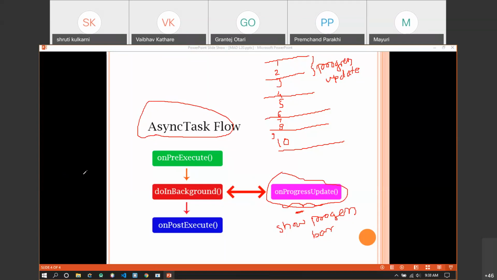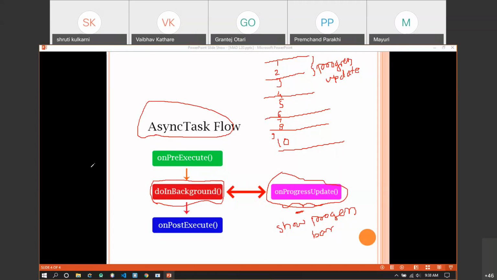So this is the simple working of the async task. It has the three methods: onPreExecute, doInBackground, and onPostExecute. Whatever long-term operation you are supposed to perform should be done inside the doInBackground method. This is basically used to call third-party APIs.